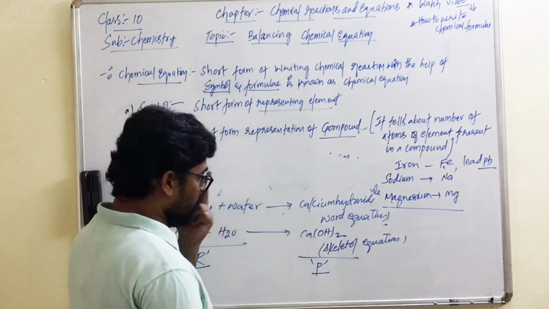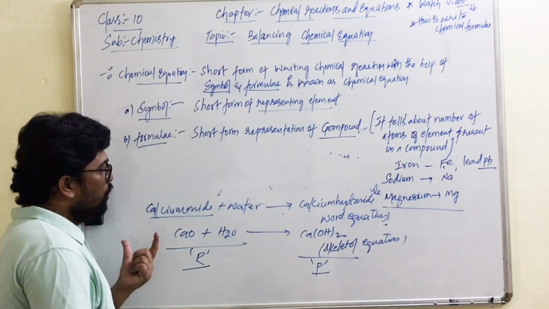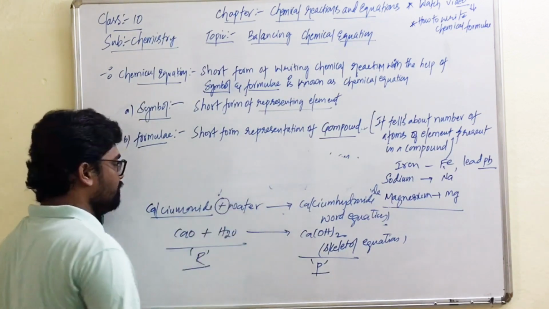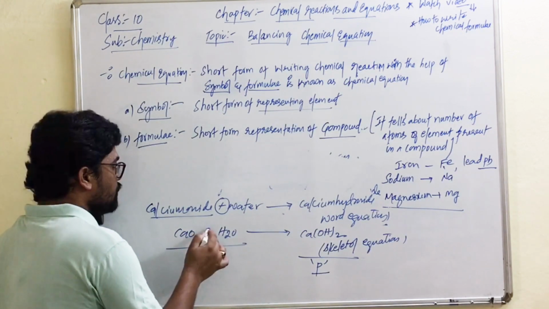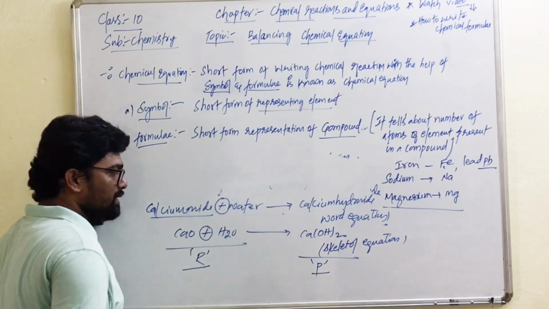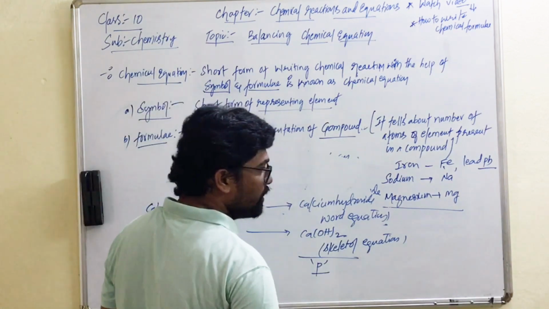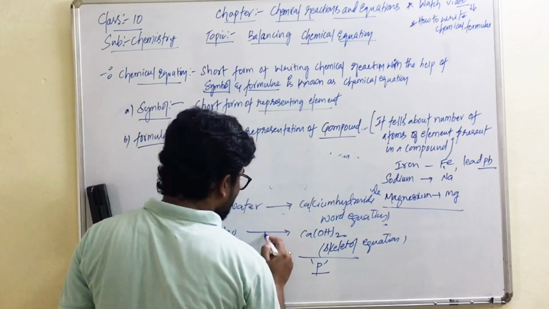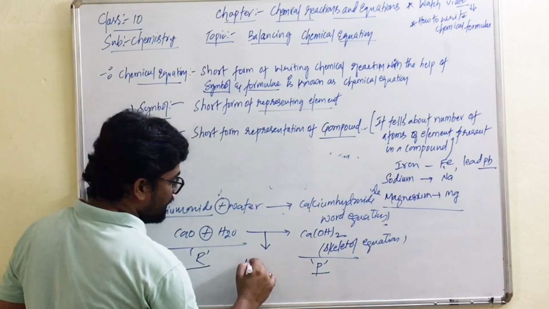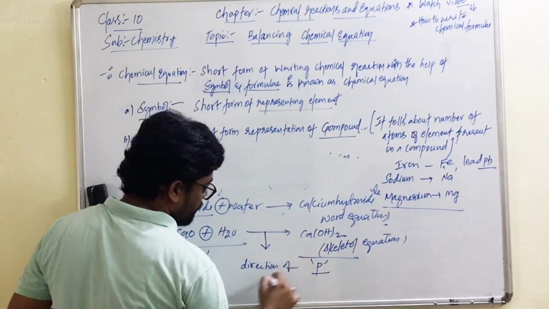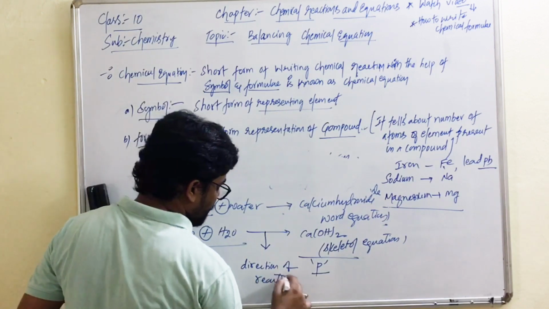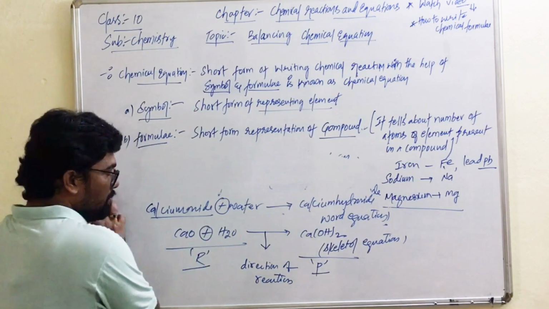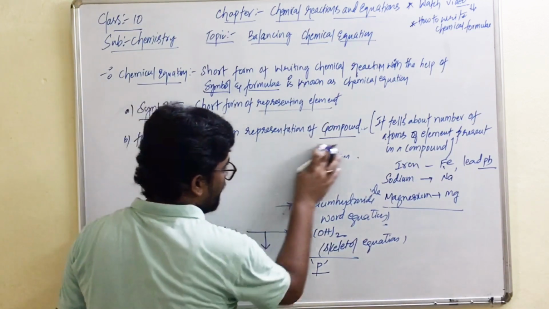One more point you have to remember: if we have more than one reactant or product, we should separate them with a plus sign between them. So here I have two reactants, and those two reactants are separated by a plus sign. In the same way, if we find more than two products, we should separate them by a plus sign. And remember, this arrow mark indicates the direction of reaction, that is, the direction of formation of product. Now let us write the equation for the third activity which we discussed earlier.